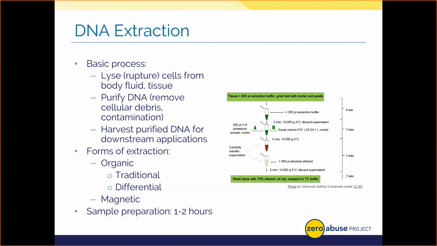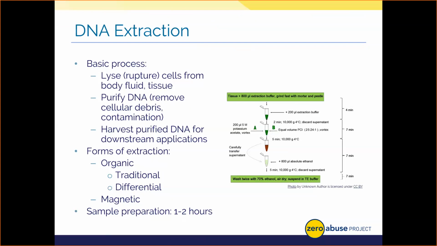Now, there's a few typical methods for extraction. In organic extraction, we use harsh chemicals and rough action, like stirring or shaking, to rupture the cells open. We even use a variant form of organic extraction called differential extraction for cases where we believe sexual assault occurred. Basically, we can separate out the victim's epithelial or skin cells and sperm cells based on their unique structure, and then create the 2 different profiles from there, instead of having to deal with a mixture, which some of you might know are a real pain to deal with. There's also magnetic systems that can be used where DNA is lysed and then attached to magnetic beads that are then washed and the DNA is extracted. All this is done by an automated or robotic machine.